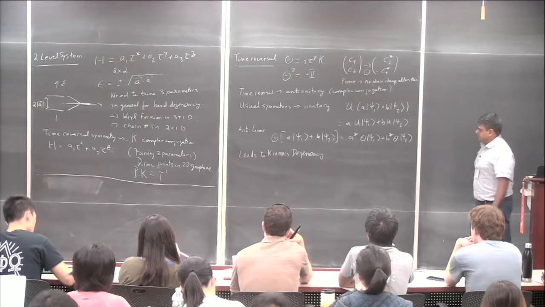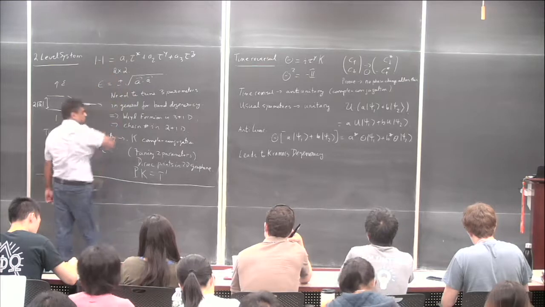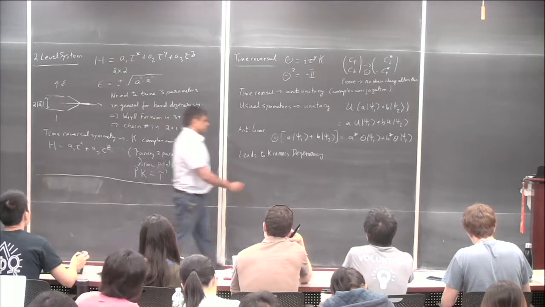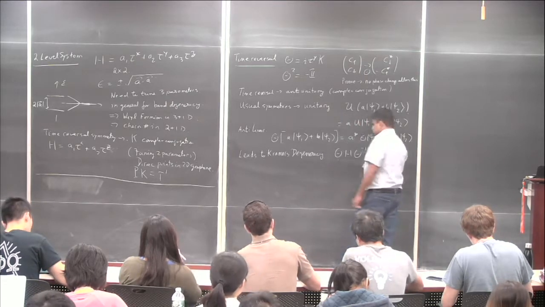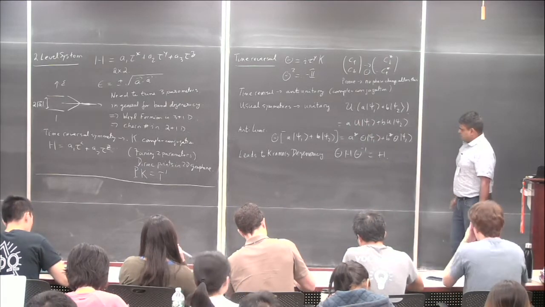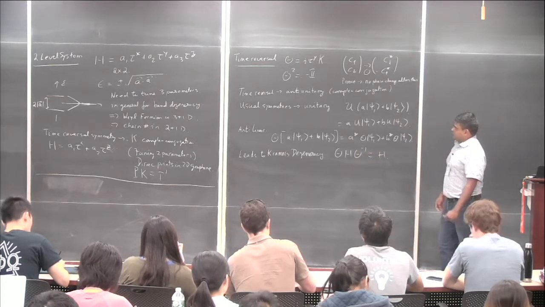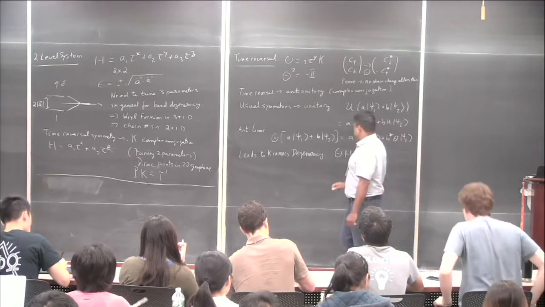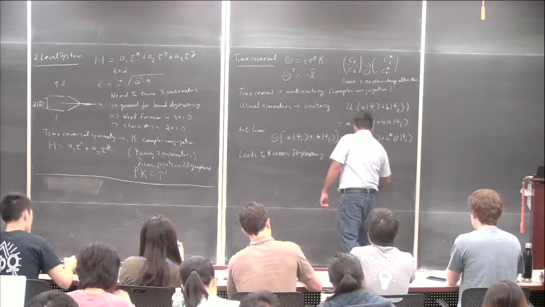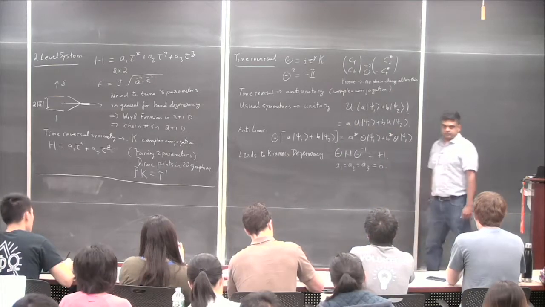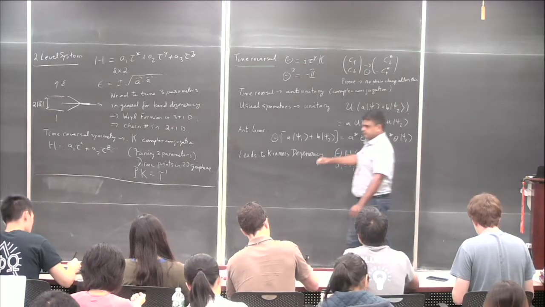Okay, so in other words, if I were to take this implementation of time reversal and demand that this Hamiltonian is invariant, so if I demand that theta H, that is just a symmetry acting on the Hamiltonian and leaving it invariant, you can show that none of these coefficients are allowed. All of them violate time reversal symmetry with this implementation of time reversal. And that of course means the two levels are always degenerate. That's just the Kramer's degeneracy.